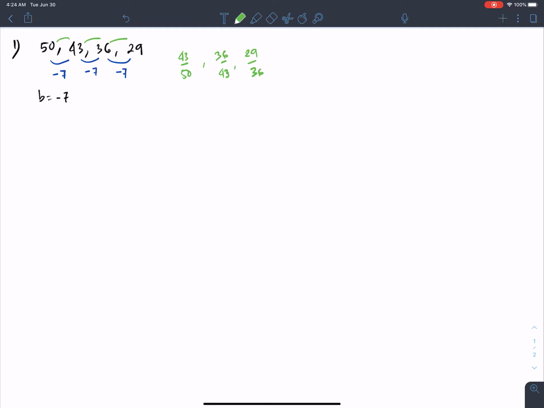In this case, this is not a fixed ratio, so there is no doubt that this must be an arithmetic sequence. So for an arithmetic sequence,